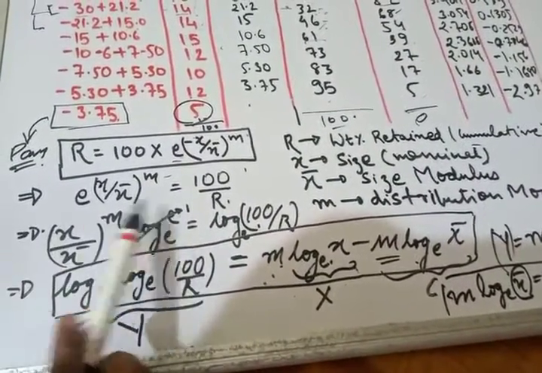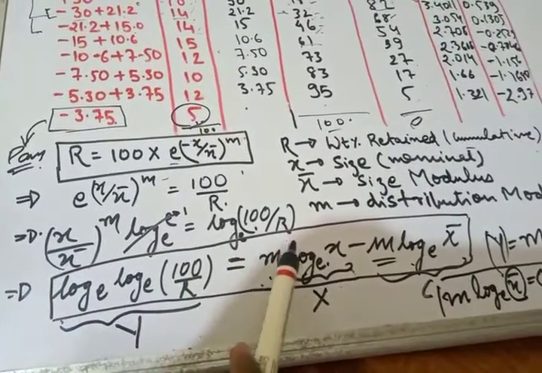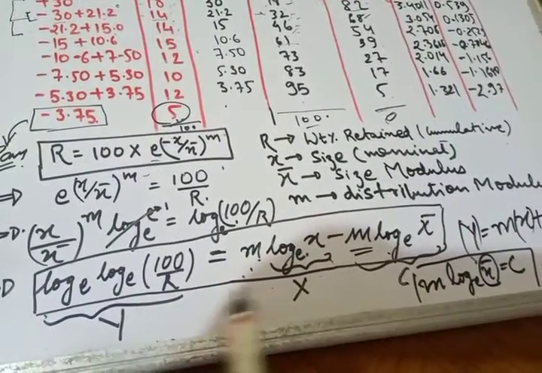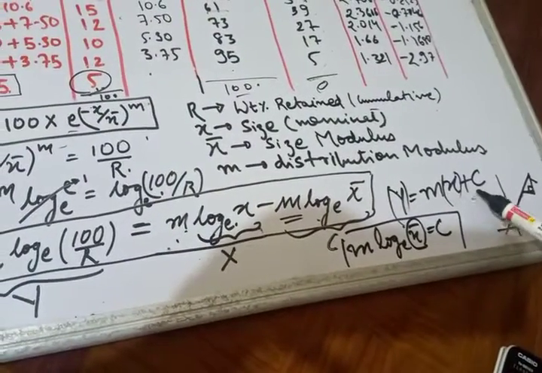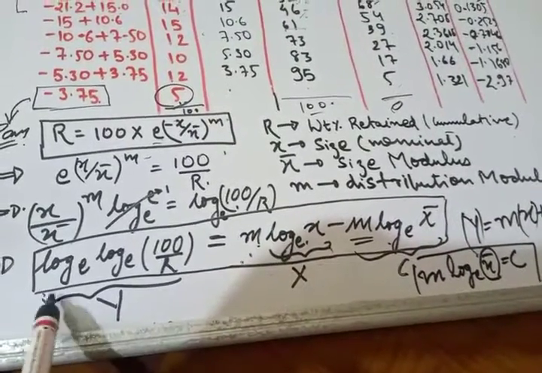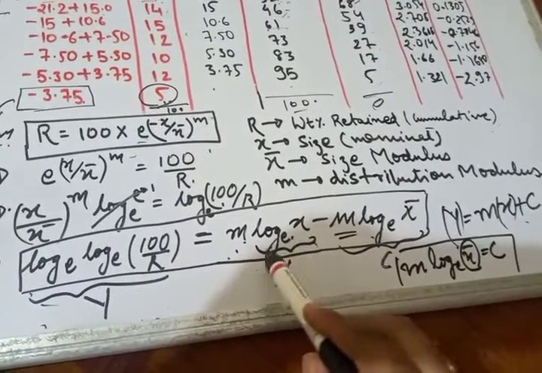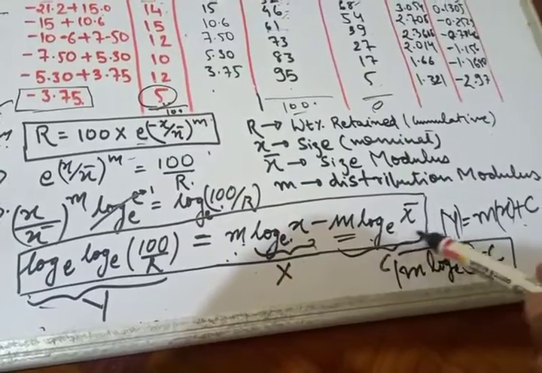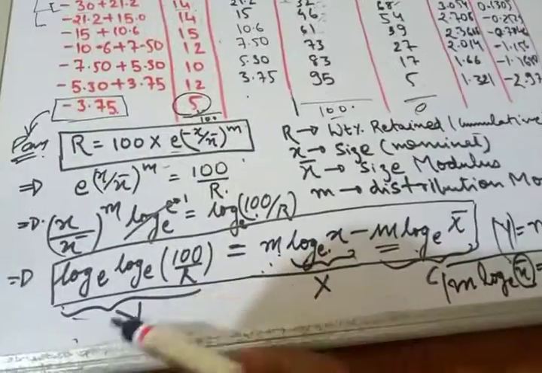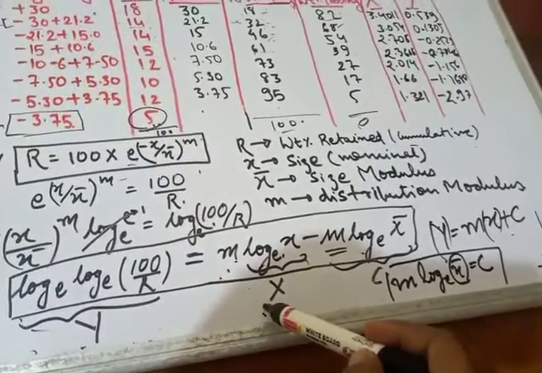Now we will put log on both sides. We will get it like this. These are general maths. At last we get a line where this whole portion is considered as Y. We all know y equals mx plus c is the equation of a line. So this looks like a line equation where this whole portion is the big Y, this is the big X, and this portion is the c. Now how do we calculate this big Y and this X to plot on the graph?